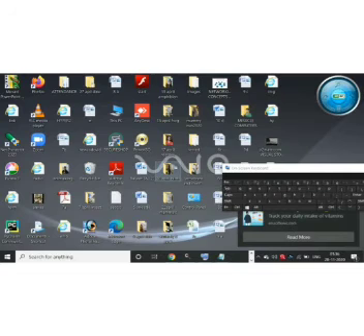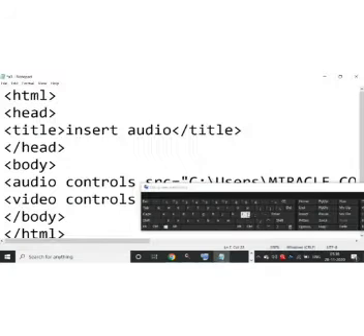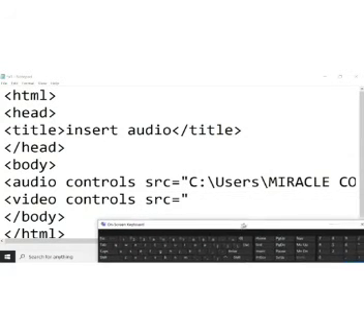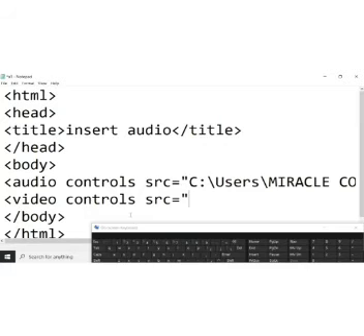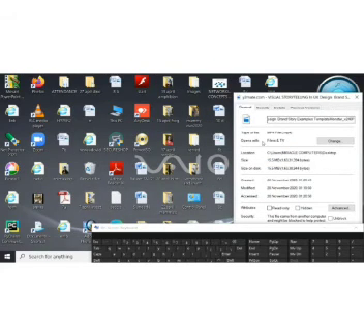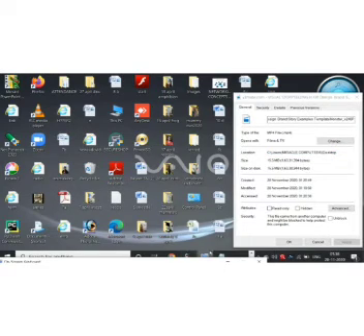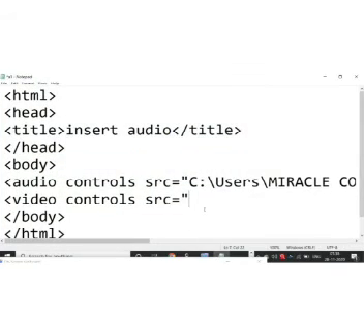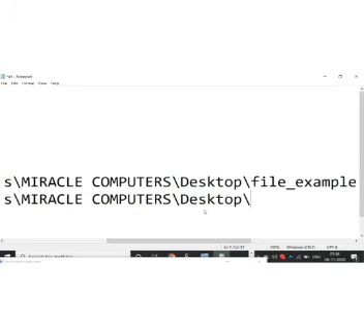Want to insert video on the same page? You can even insert it on some other page also, but here I am showing you how to insert a video file on the same page. What you're going to do is again write video controls, the src, then equal to, and the path of the video file here. So this location is copied.